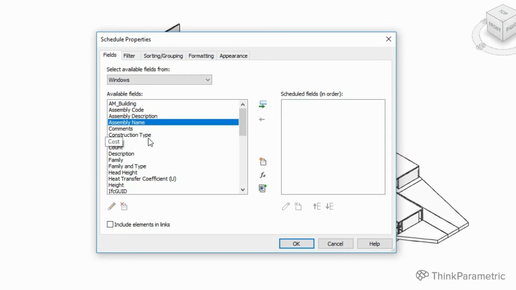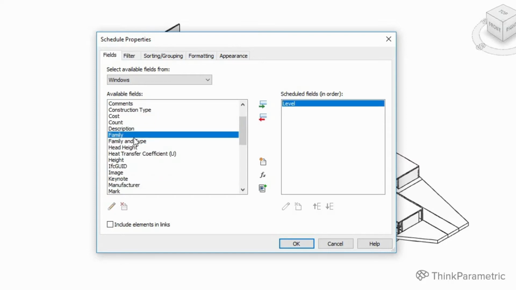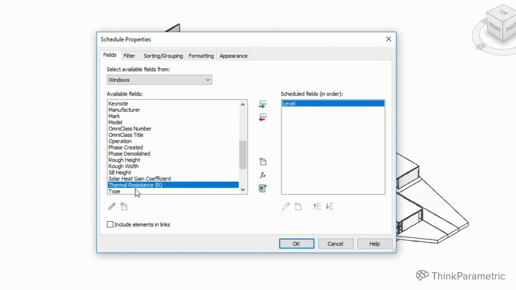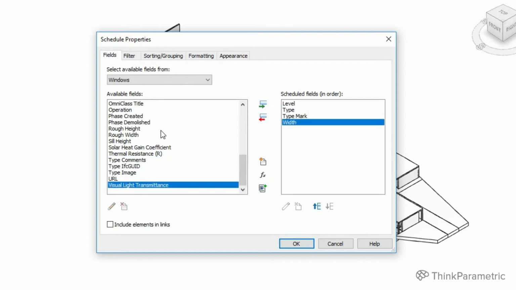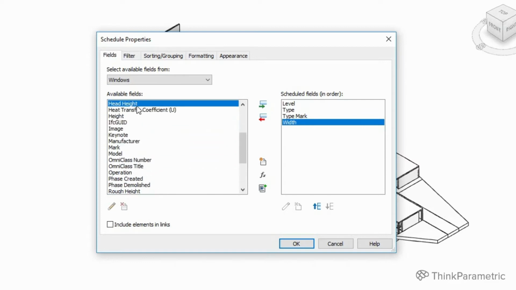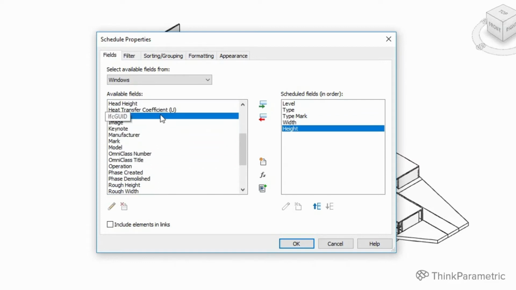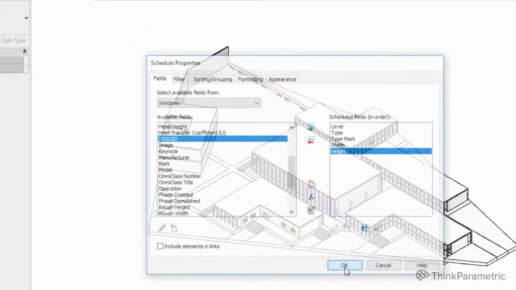So we want to add the level. We want to add the type mark, also the type can be useful. We want the width and the height. We can either add or remove the parameters by double clicking or using these arrows. Now let's click OK.